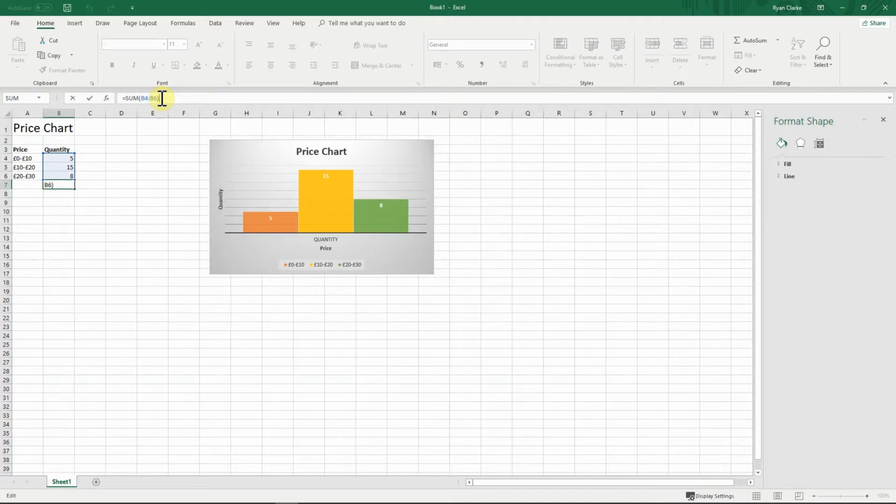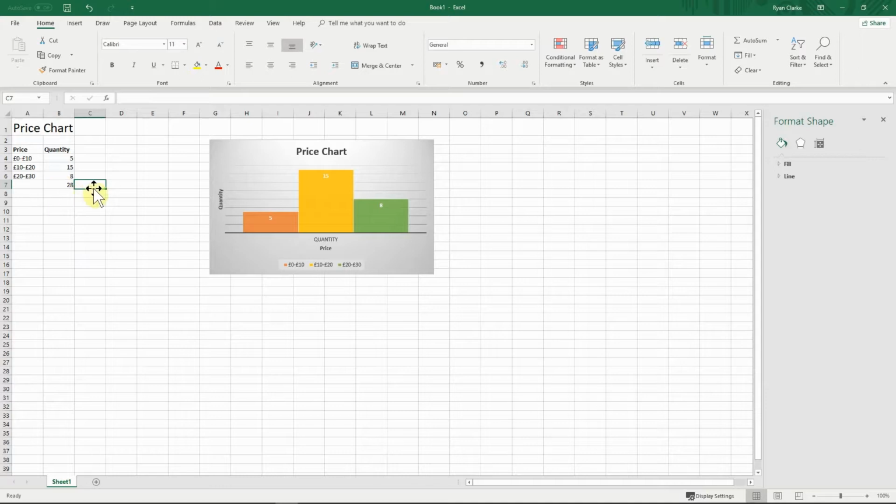Equals, because equals is always what you put in first if you're trying to get it to do a calculation, and then sum, makes sense, you're summing up, and then brackets, and then you can put B4, and then the colon signifies that it's going from whatever is between B4 and then B6,